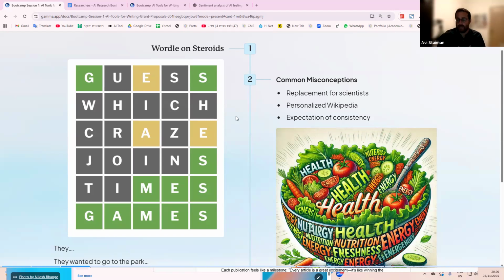To answer that question, I like to think about the game Wordle. Raise your hand if you've played Wordle at least once. Great, so I don't need to explain what Wordle is. As you know, you start with a blank board. The first guess is totally random. There's not much intelligence needed for the first guess. Maybe there's a little strategy, but the first line is basically guesswork. Then as you move along, through process of elimination and understanding which letters are more common, there's a lot of strategy and intelligence that comes in to get to the answer.